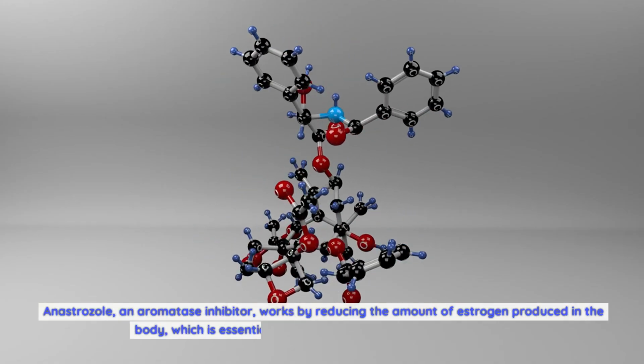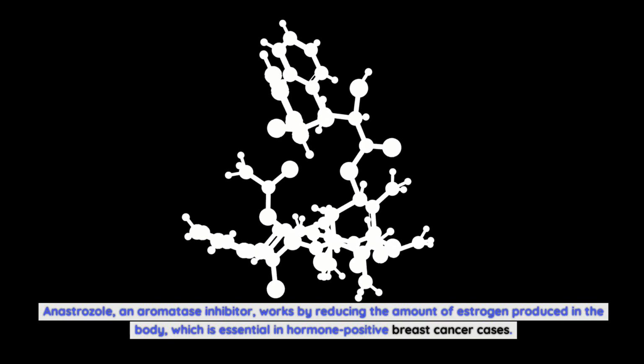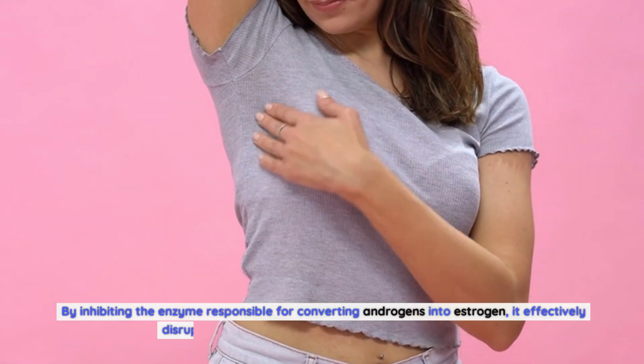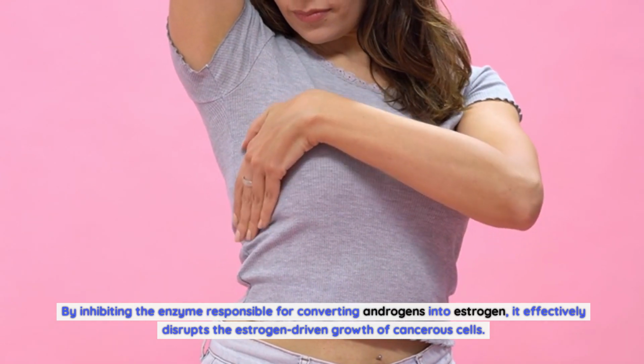Anastrozole, an aromatase inhibitor, works by reducing the amount of estrogen produced in the body, which is essential in hormone-positive breast cancer cases. By inhibiting the enzyme responsible for converting androgens into estrogen, it effectively disrupts the estrogen-driven growth of